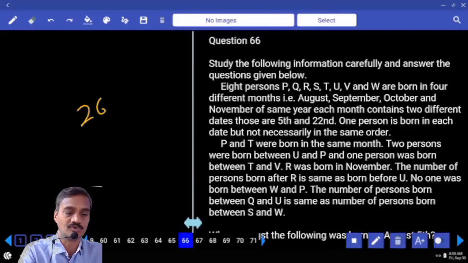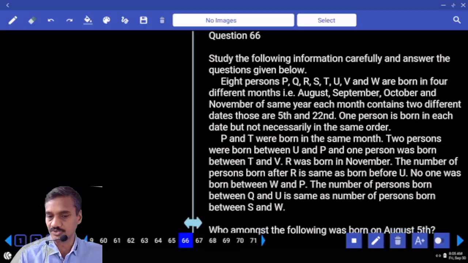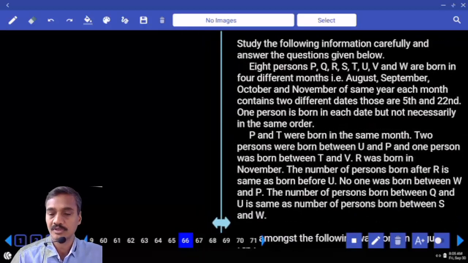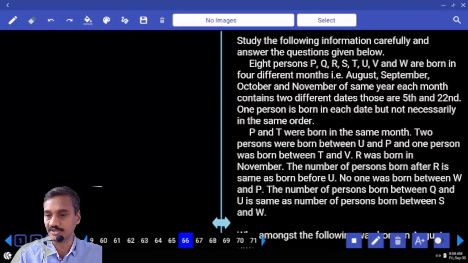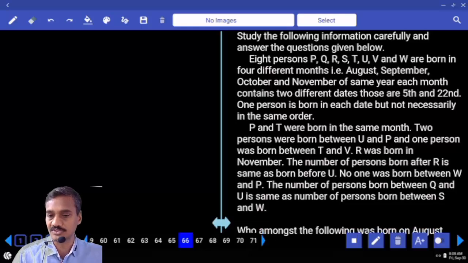Now paper number 265. In this reasoning question number 66 to 70, how many questions are there? There are 5 questions. Now 8 persons were there, P, Q, R, S, T, U, V and W, and they were born in 4